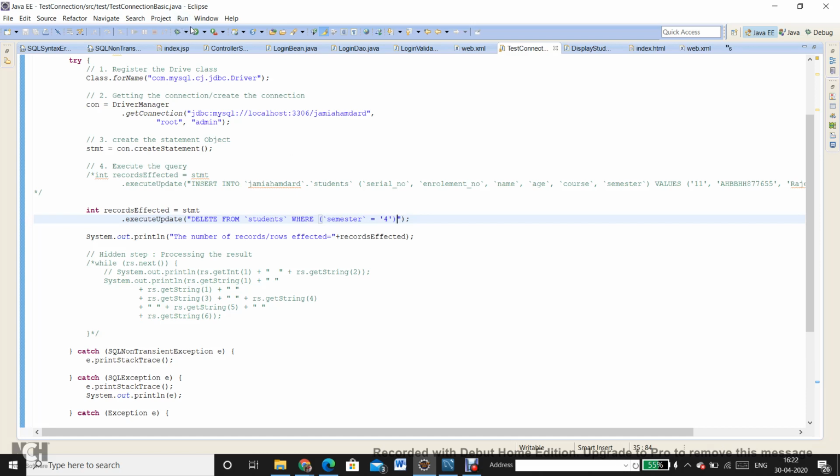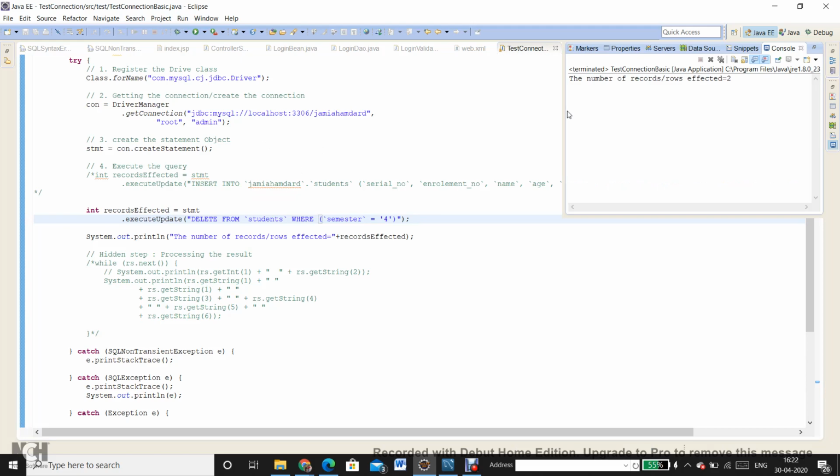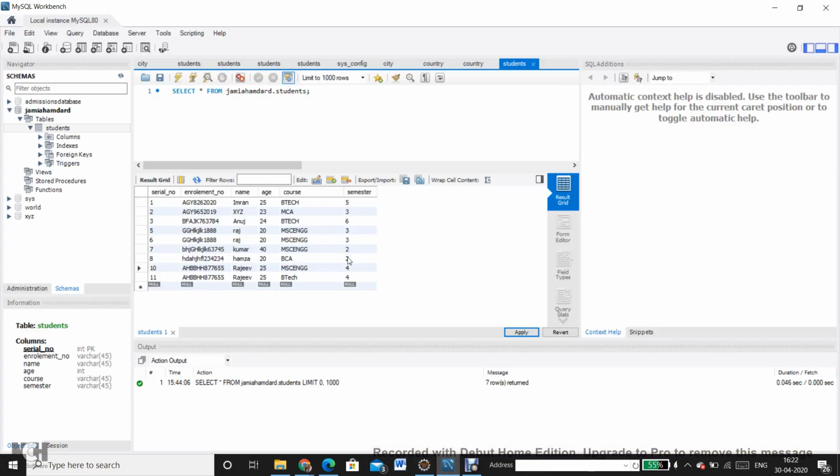Okay, so let's try to execute this statement, and it says the number of records affected are 2. So the 2 records which are affected are the record with serial number 7 and serial number 8. I will have to, of course, click on the refresh button to see the effect.